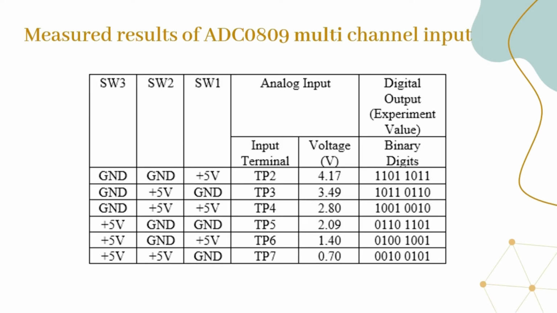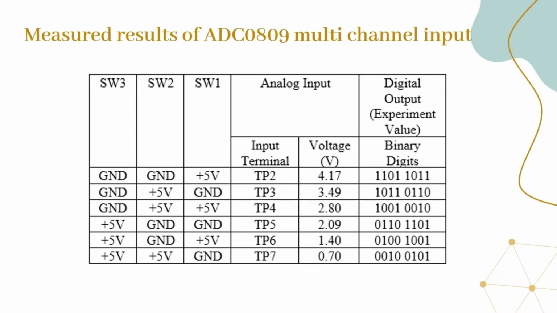For the next experiment, the table shows the measured result of ADC 0809 multi-channel input. For this experiment, we need to modify the switches, which are SW3, SW2 and SW1. The input terminal and the voltage as the analog input, and the changes on the LED is recorded as the digital output. For the first situation, where SW3 and